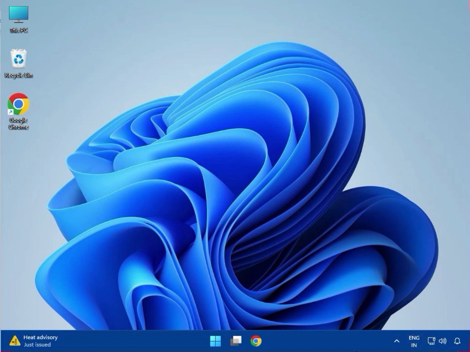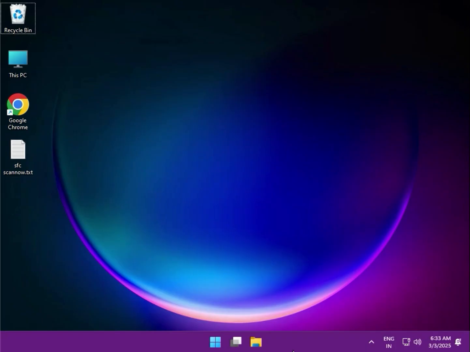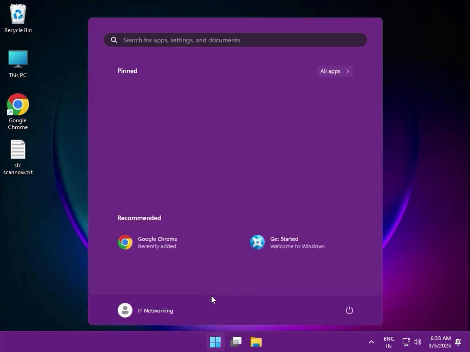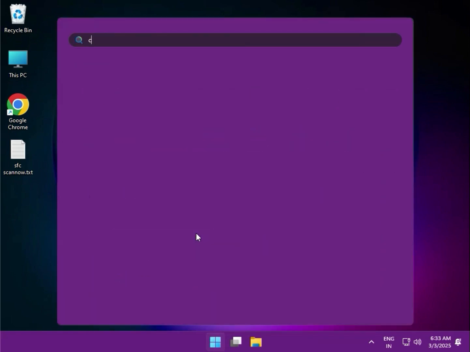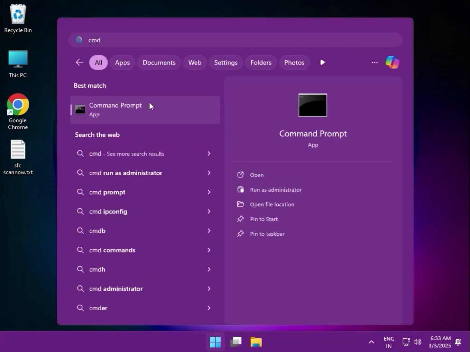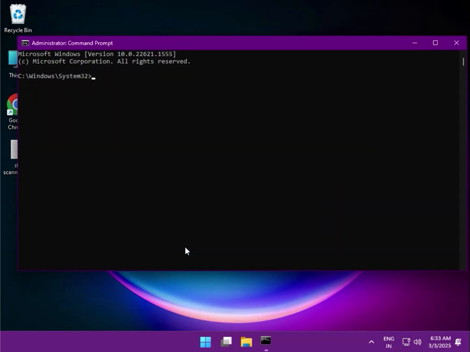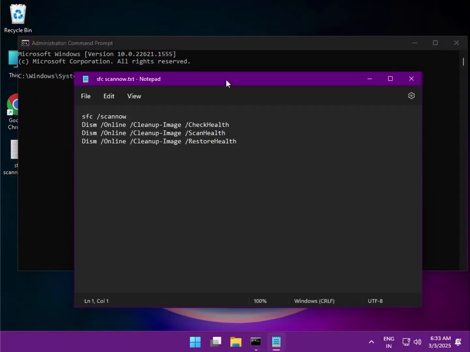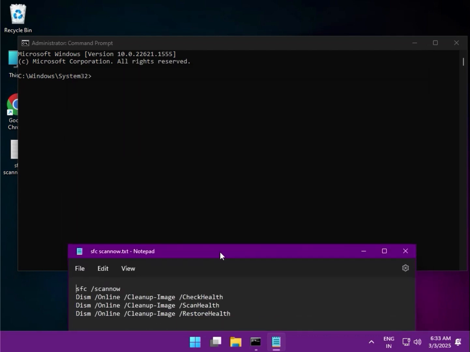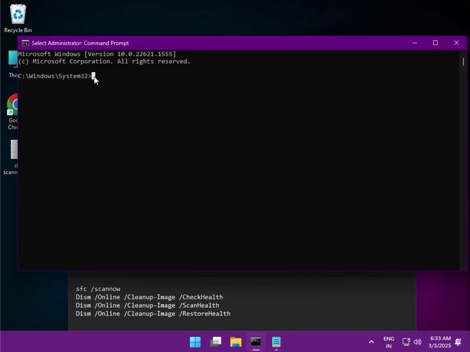Then next method. So guys, for this method, click Start, type cmd, and right click to run as administrator, then click Yes. Then some commands. So that is 4 commands. First one: sfc /scannow,